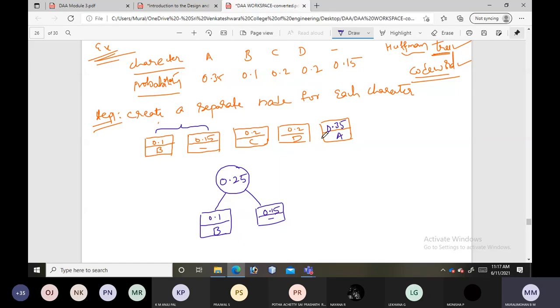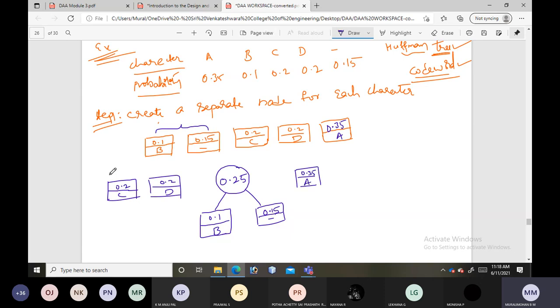Now again you arrange these in increasing order. Which one will come first? C and D. So this is 0.2, this is C, and similarly this is 0.2, this is D, and after that we have 0.25 and then 0.35.